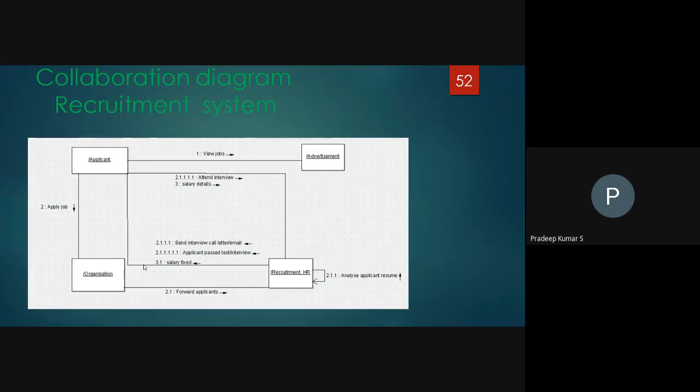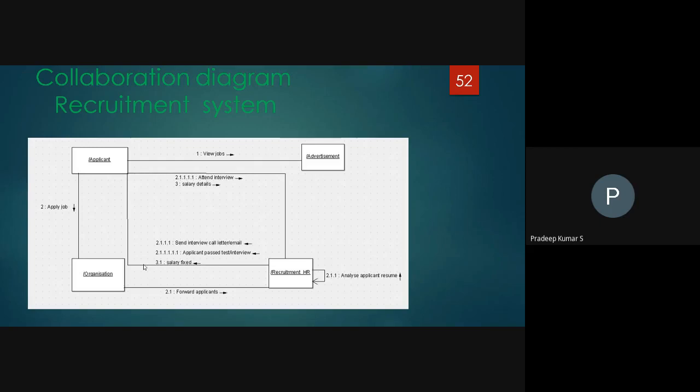The four components are important here in the recruitment system, chosen again based on the collaboration diagram's scenario and syntax. You already noted them in the previous diagram: applicant, organization, recruitment, and advertisement.